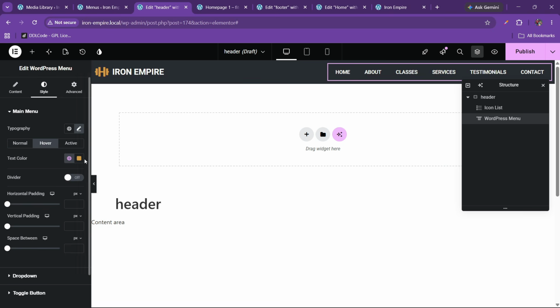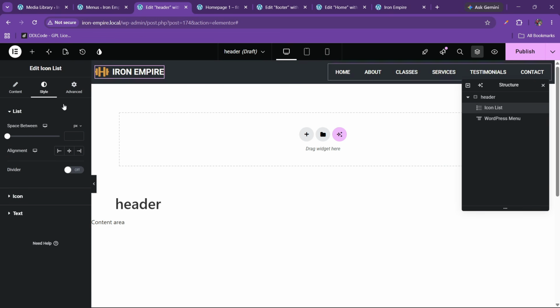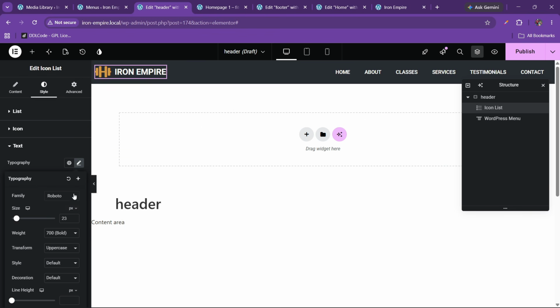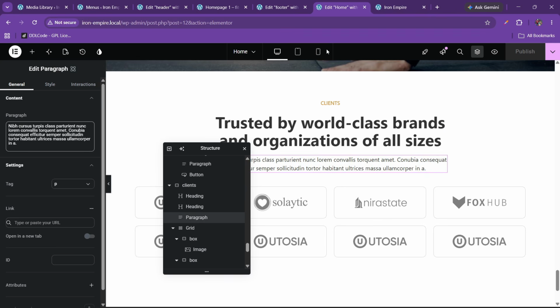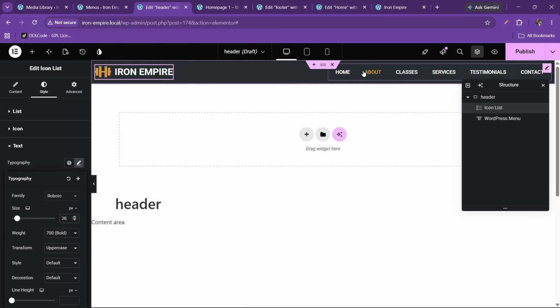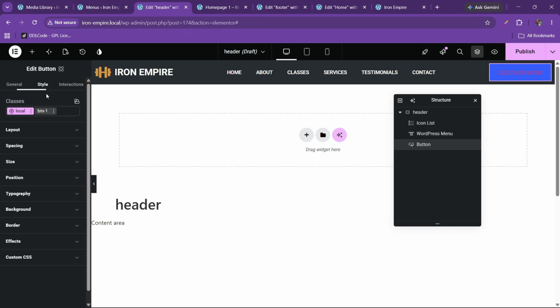Okay, here also we can make this golden. You can also increase the size of this to like 35. You can just play with how much size you want like this. Now we want a button, so let's copy this button. You can just copy and paste this section like this, and here also we can have this button